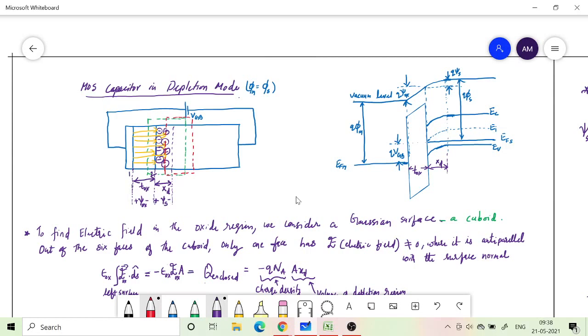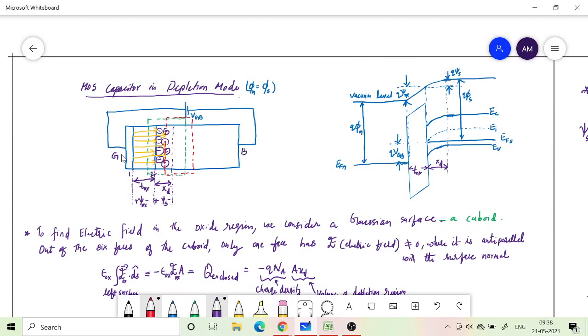And then at the end of the last class we began our discussion on how this energy band diagram is going to be modified when you apply an external voltage. So in order to see that effect, what we did was we took the case of phi m equal to phi s, and then we applied a positive voltage on the gate with respect to bulk. Okay, as I have shown here, you can see this VGB is positive on the gate. So my gate is here, and this is my bulk.